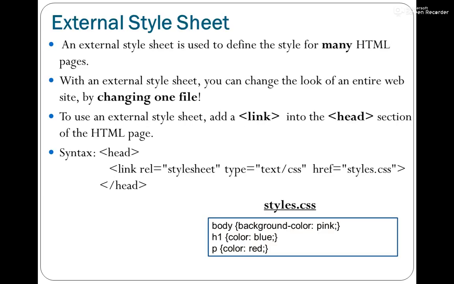So now we will start with the last type of CSS, that is the external style sheet. Now this external style sheet is very important and it is generally used by everyone who is into development, means the software engineers who are developing websites. Obviously a website has got all the styling, so these people generally use this external style sheet. There are various advantages of this external style sheet. We will see what exactly it is.